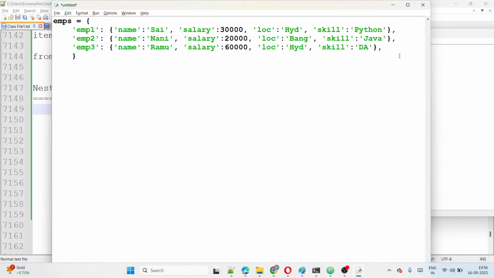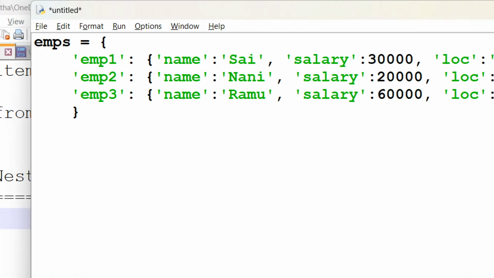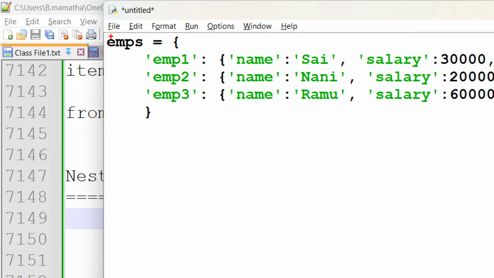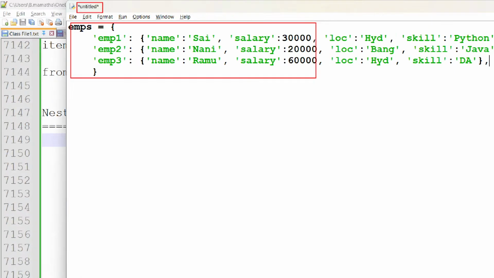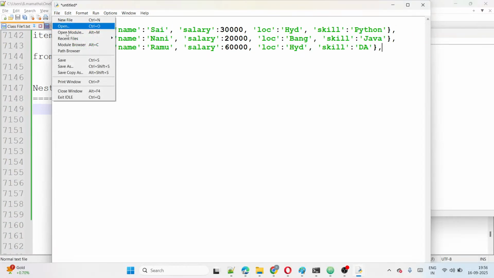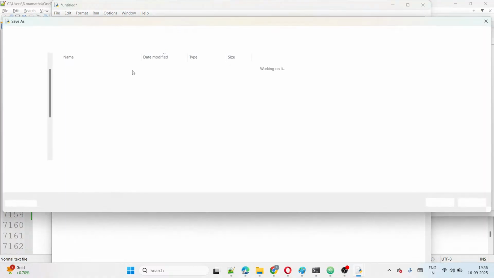Now what happened here? I opened the file, and in that file I wrote some coding, and the file is not saved. That's why it is displaying Untitled. I am going to save the file. How to save the file? Normally, Control S. I am saving the file with the name